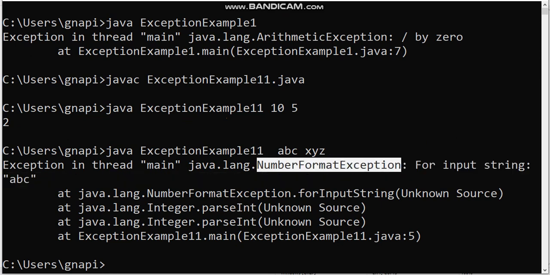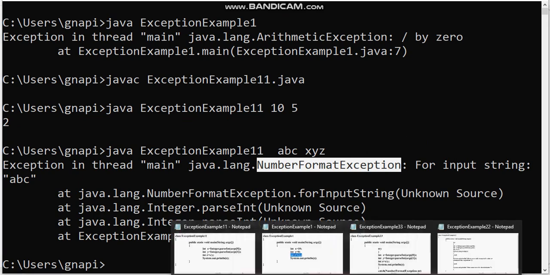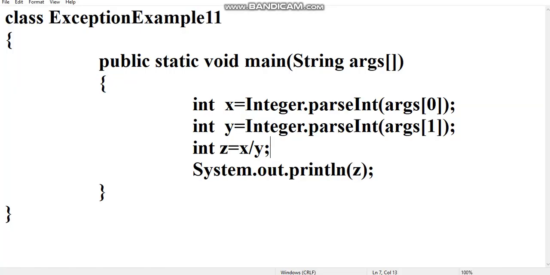We got an exception like this, that is number format exception. We got this error because if you observe, ABC will be stored in args of 0. So here we are trying to convert string value, that is string ABC, into integer value. We are trying to convert string XYZ value into integer value, which is not possible.